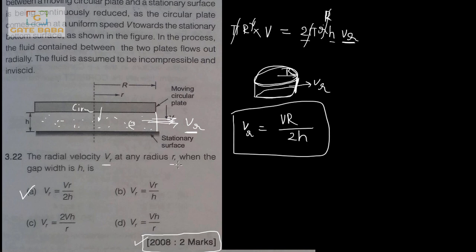He is asking at arbitrary radius. That means if you take a plate of this much radius only, then you will choose pi r square V. Then here also you take 2 pi rh Vr. In that condition, the small r will come here. So in place of capital R, you put small r at any arbitrary radius. And the next question is